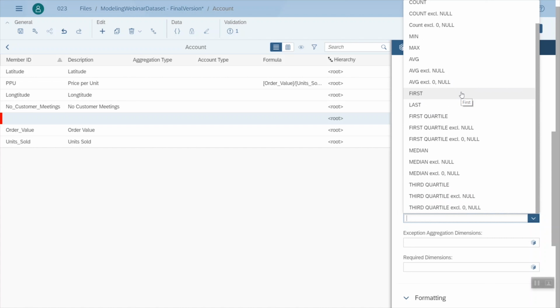So first, we have sum, which would add all of the values together. Say, for example, you want to find what is your total value of units sold. Then you'd want to use sum. Count would count all of the members within a group, which is different than calculating sum. So say you want to know how many products or SKUs you have in a certain country, then you'd want